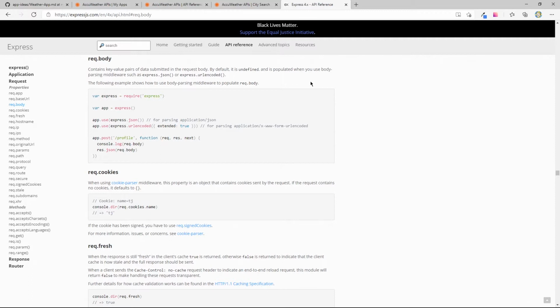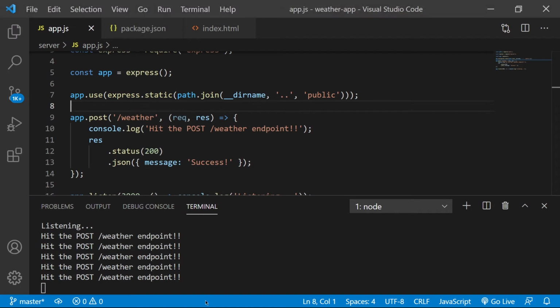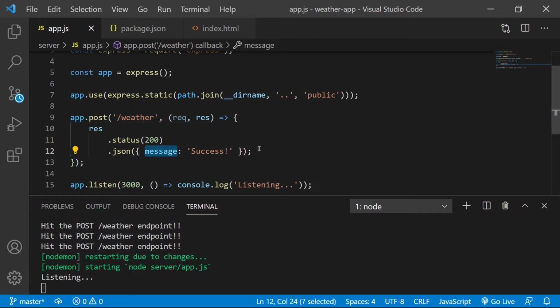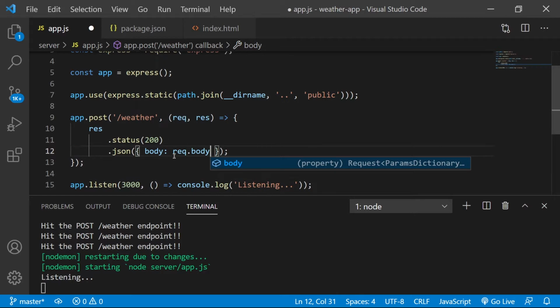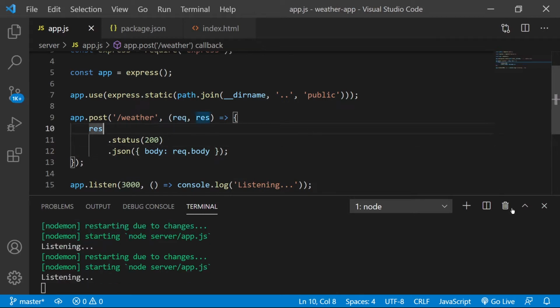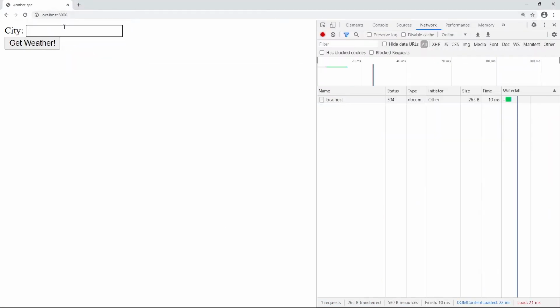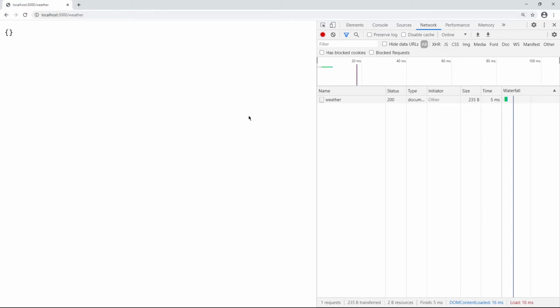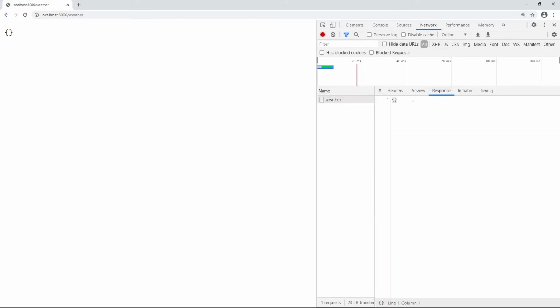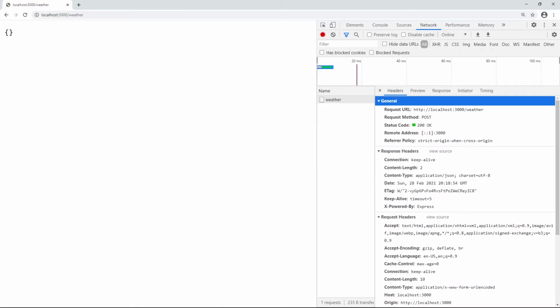Okay, req.body. Okay, so I kind of want to go through all these things step by step and verify that req.body will just be undefined or not. So let me go back to the code here and let's do that. Let's remove this console log here. Maybe we can just echo the req.body. See what that gives us. Let's go back to our guy here. Put Miami. Okay. Same response. So that's good.